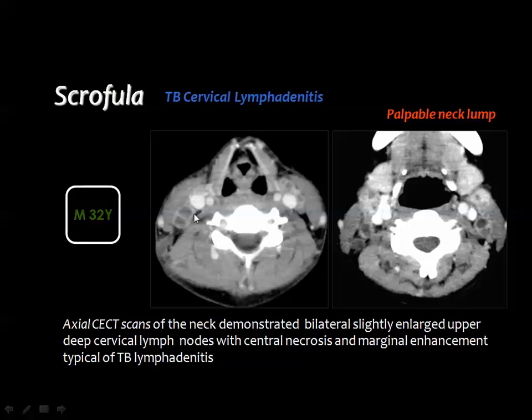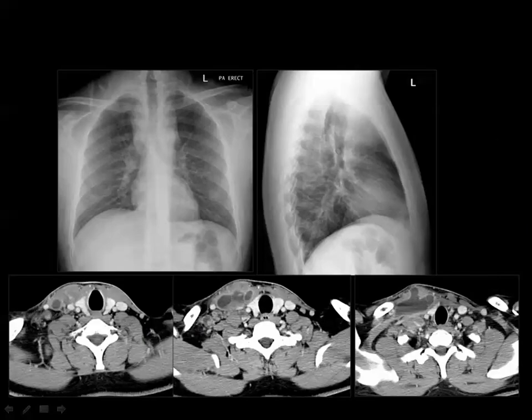And this is an example of TB cervical lymphadenitis, two lymph nodes deep to the sternomastoid muscle, multiple smaller lymph nodes deep to the sternomastoid muscle. They are, according to the literature, in the subacute phase with central caseation or necrosis and marginal enhancement. And this chest X-ray shows some broadening of the superior mediastinum. The CT scan showed some of the necrotic nodes at the root of the neck with amalgamation and the central liquefaction forming a large abscess cavity